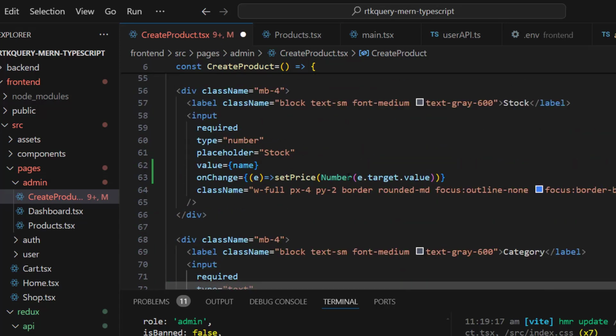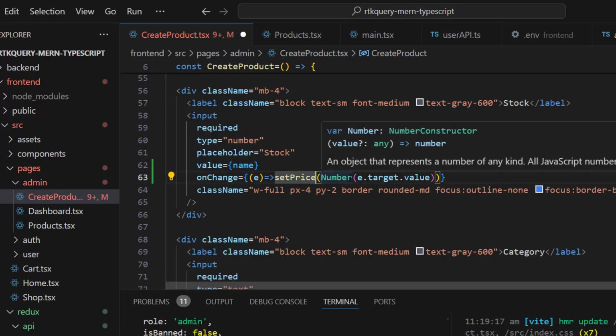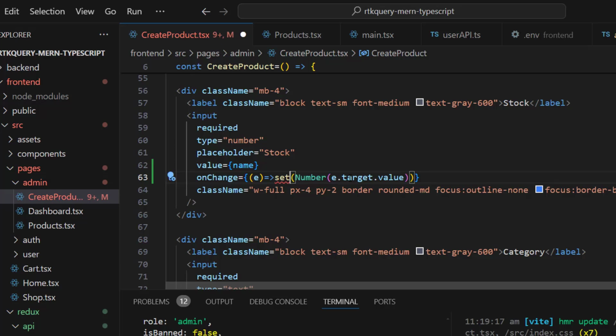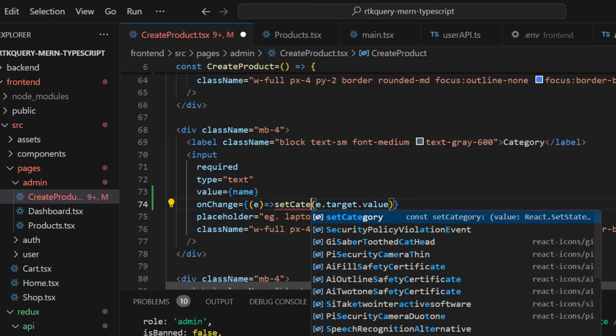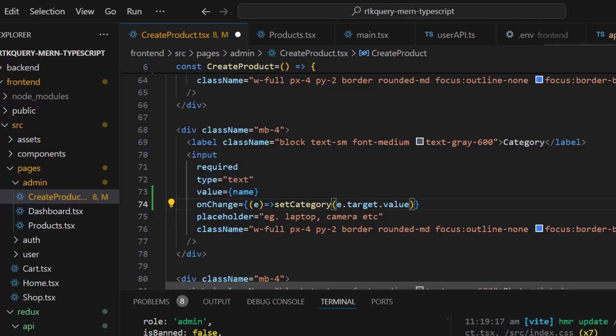There should be set stock, not set price. Set stock and set category. Okay,